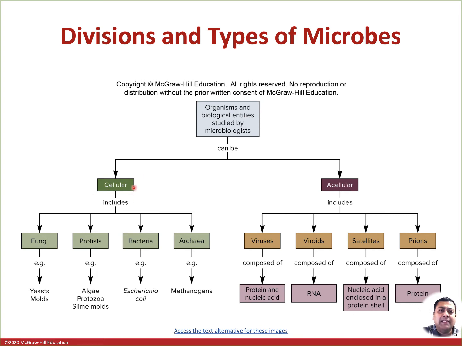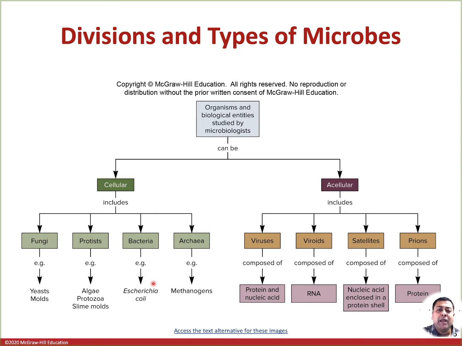Now, if we look at these cellular entities, it could be the fungi, yeast, different types of molds, and they are actually pretty well developed. Most of them fall under a group with a well-developed cellular structure. Then there are some which are called the protists. These are single cellular, particularly the algae and protozoa, but they often aggregate in multicellular forms. At that stage, we can visualize them as an aggregate, and they also have well-developed cellular structures.